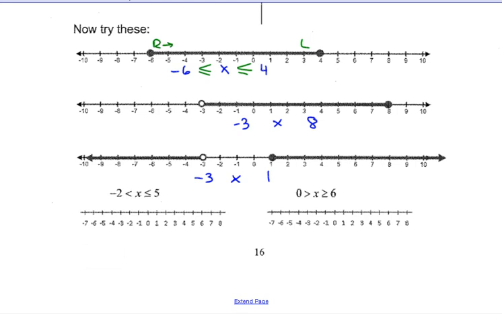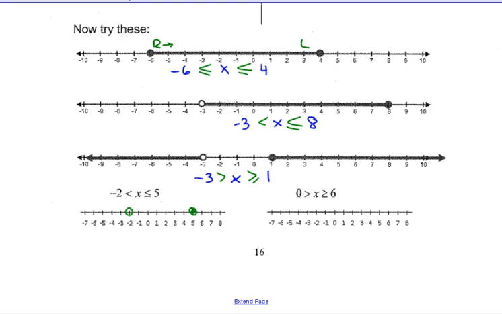Okay, so here, this one, you should have x is greater than, not equal to though, -3, and then less than or equal to 8. So your arrow's that direction. The next one, it's going to the left of -3, so that's less than. So x is less than -3, but it's to the right of 1, so x is greater than or equal to 1. The bottom, so we're dealing with -2 is open, 5 is closed,